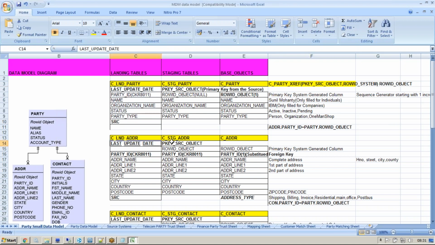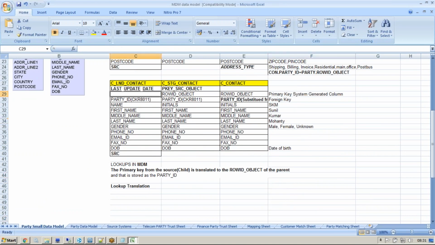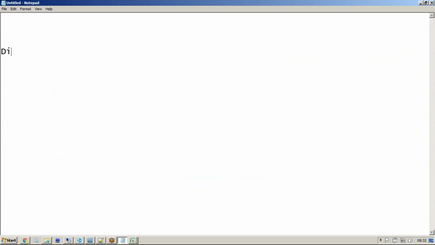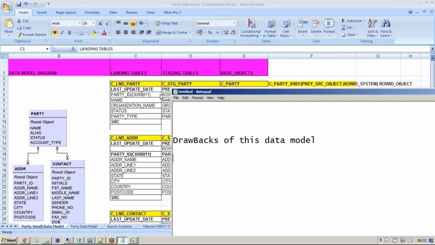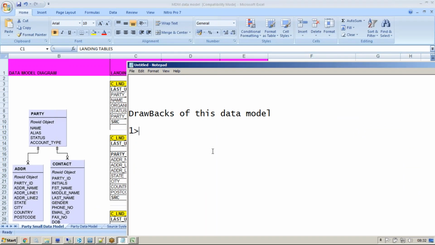So that completes this page. We also have something called lookup translation, which I'll explain later because it is slightly advanced. Right, now let's try to understand the disadvantages, or not disadvantages, the drawbacks of this data model. If I have to understand the drawbacks of this data model, let's pinpoint one by one what I can see here. First thing, what I can see here is